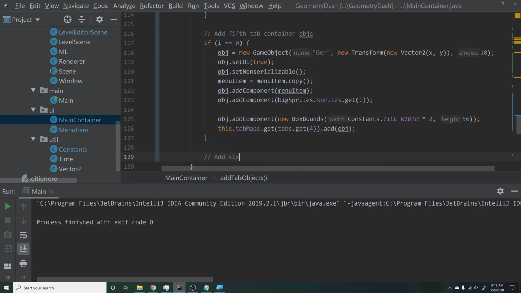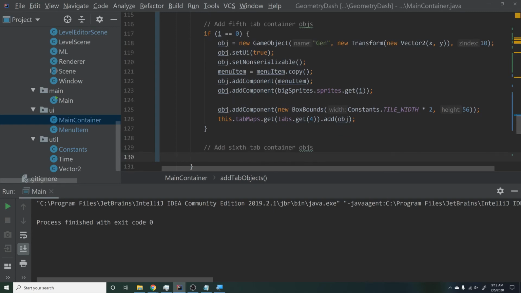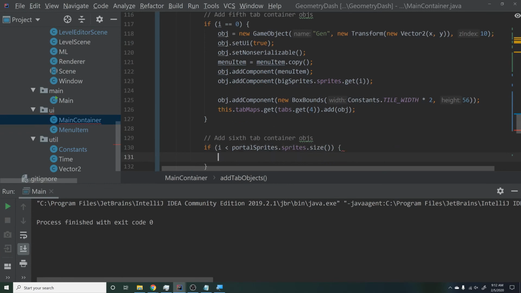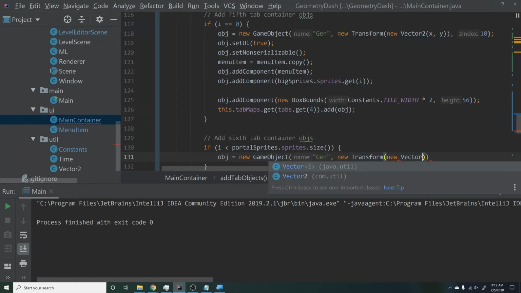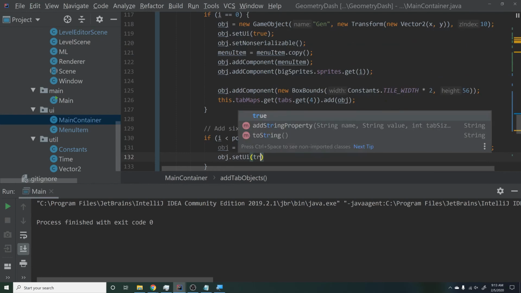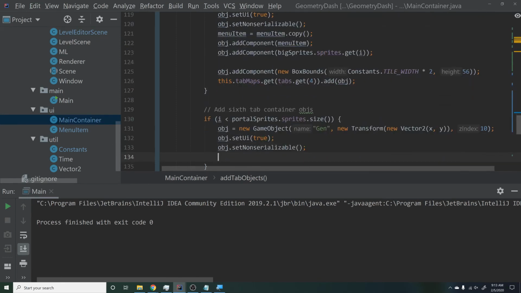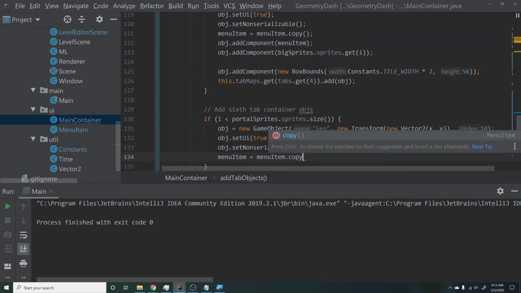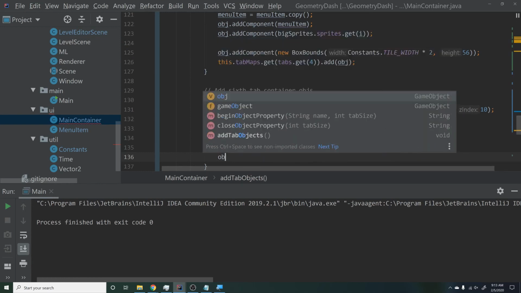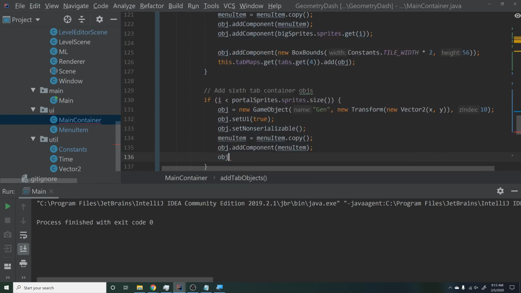Then we will say add sixth tab container objs, and same thing, we're going to say if i is less than portal sprites dot size, then obj equals a new game object, and this can be generated, and new transform new vector2 x, y, and 10 for our z index, and then we'll say obj.setUI true, obj.setNonSerializable menuItem equals menuItem.copy, and then we'll say add those components, so menuItem, and then obj.addComponent,